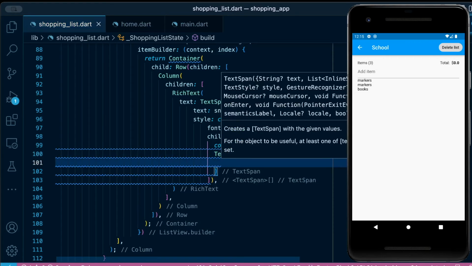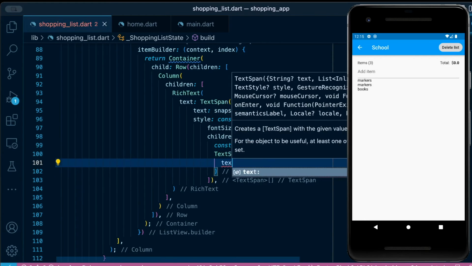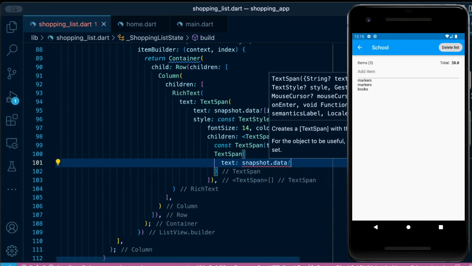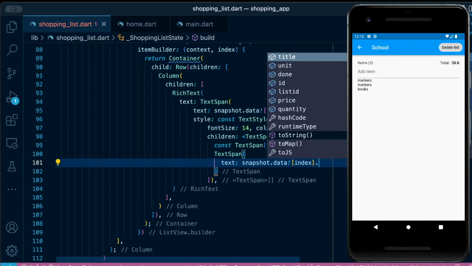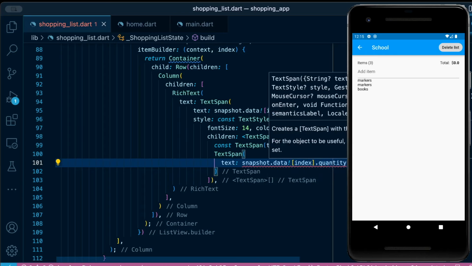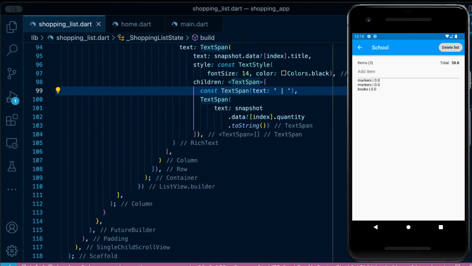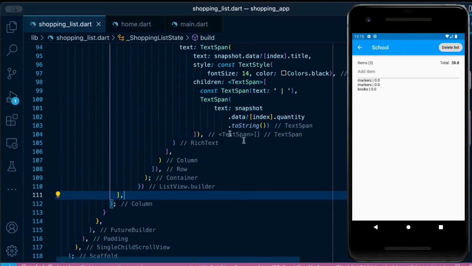Then our next text span will hold the quantity. So we'll just proceed to call snapshot.data. Let's pick the index.quantity. And since it's of type double, I need to set it to string. Okay, next, we'll